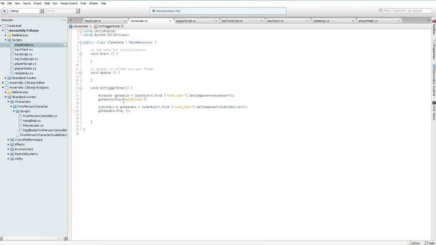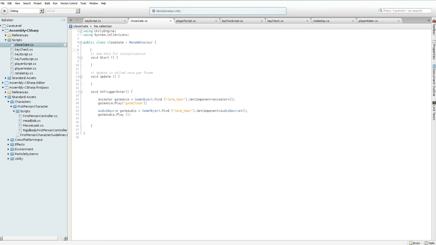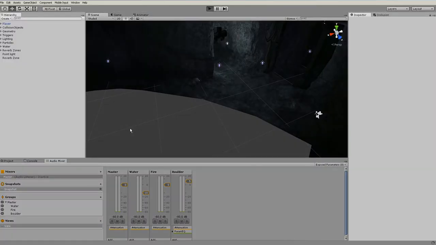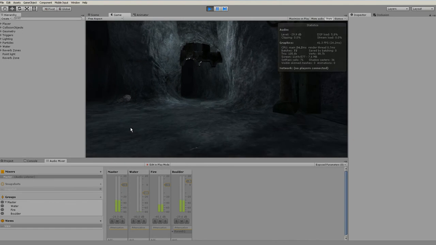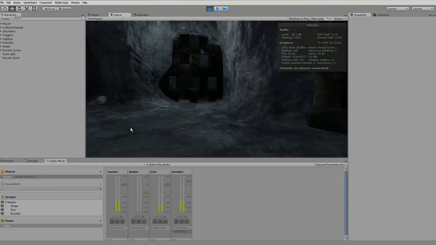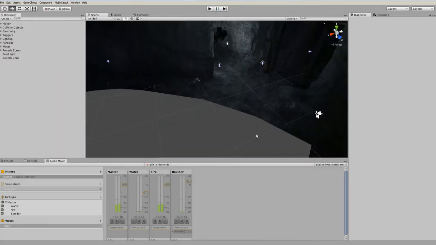We could just add a boolean here, for example, that puts it to true. So we could say bool gateClosed is false, and then say here, if not gateClosed, so if it's false, play it, and then in here we set gateClosed to true. So now it just plays once. A little bit of a cheat, but this actually turns the light off, so this is perfect. Okay,